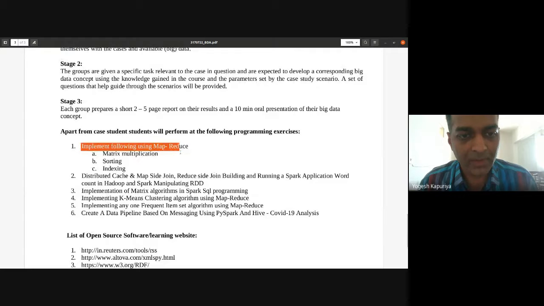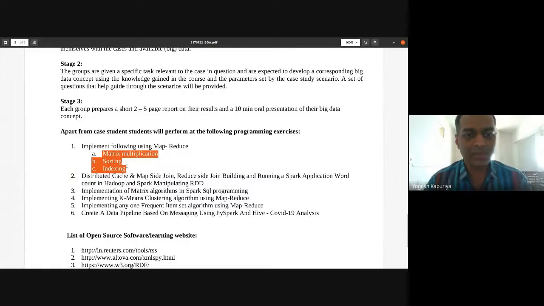we'll be implementing the MapReduce paradigm. For that, these are the 3 cases: matrix multiplication, sorting, and indexing. Then programs related to Spark, so distributed cache and map side join, reduce side join, and Spark word count application. So we'll need to implement a word count application on Apache Spark.